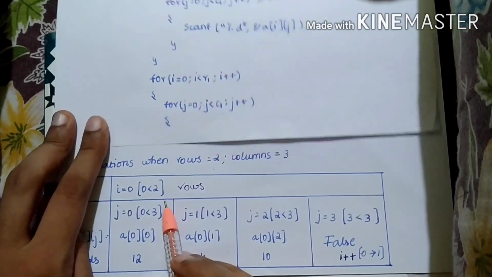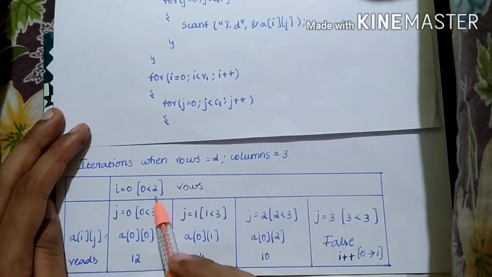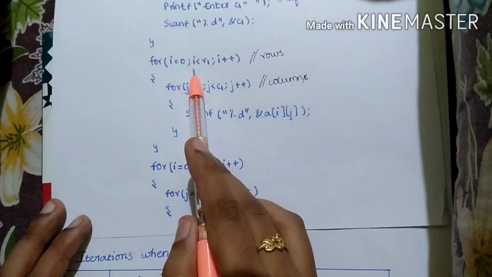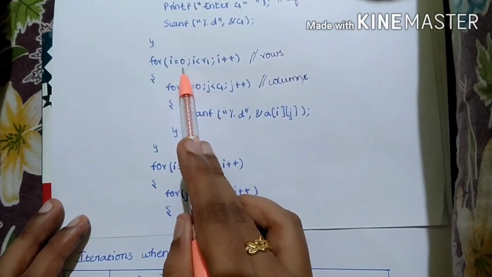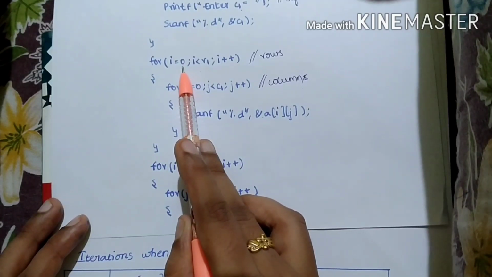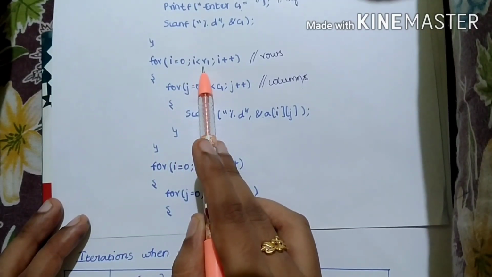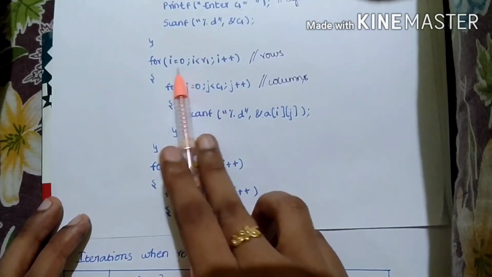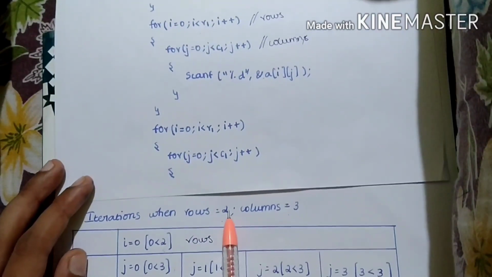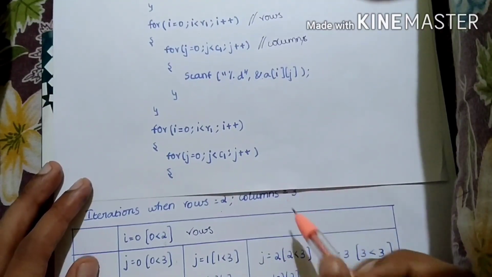So the number of rows I have entered is 2. Condition given is i less than R1. I's initial value is 0 and this 0 is less than R1. So it starts from 0 and ends till R1. R1 is 2. So it continues